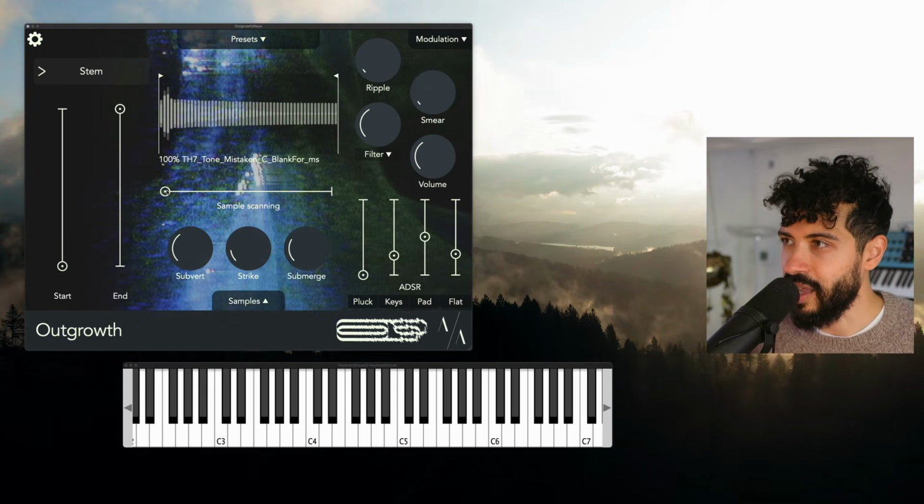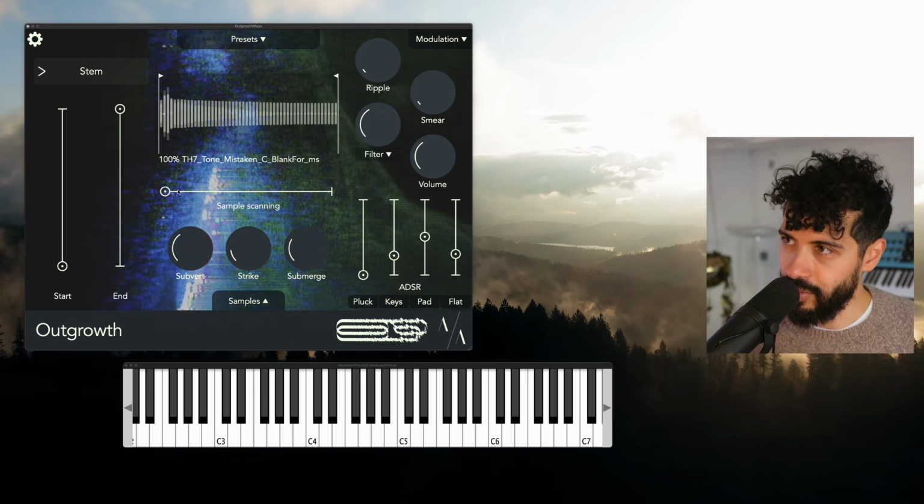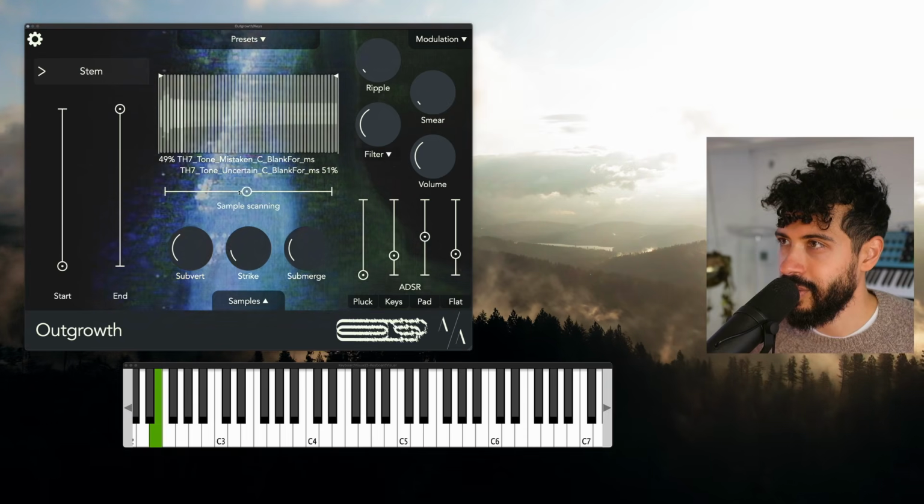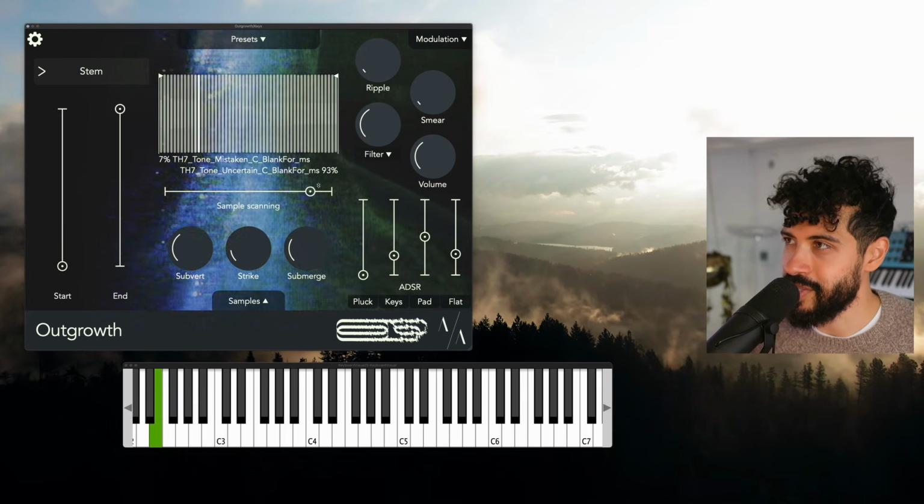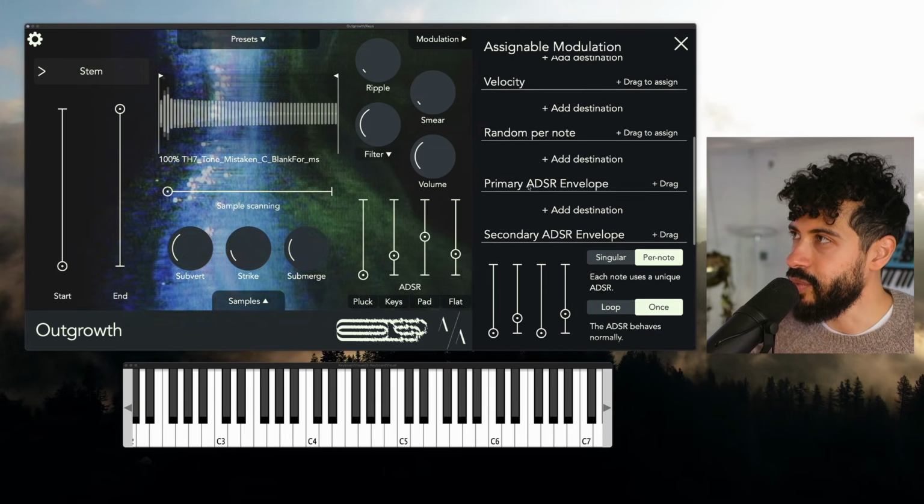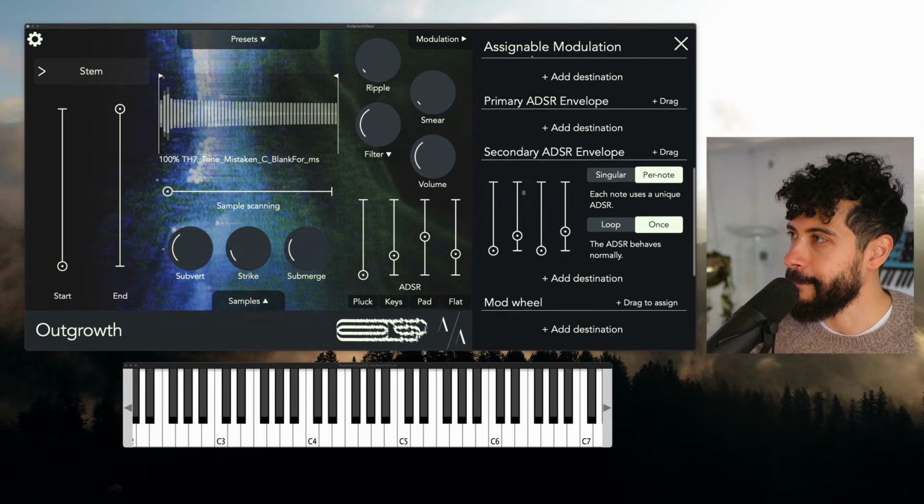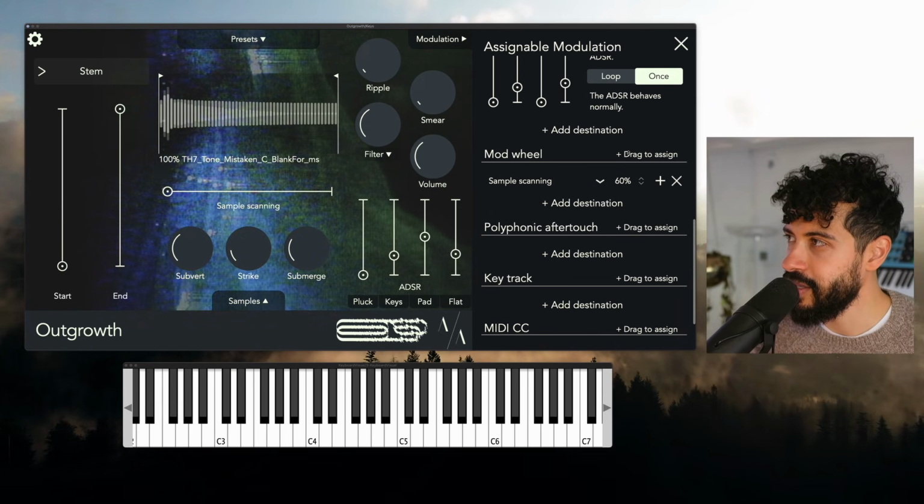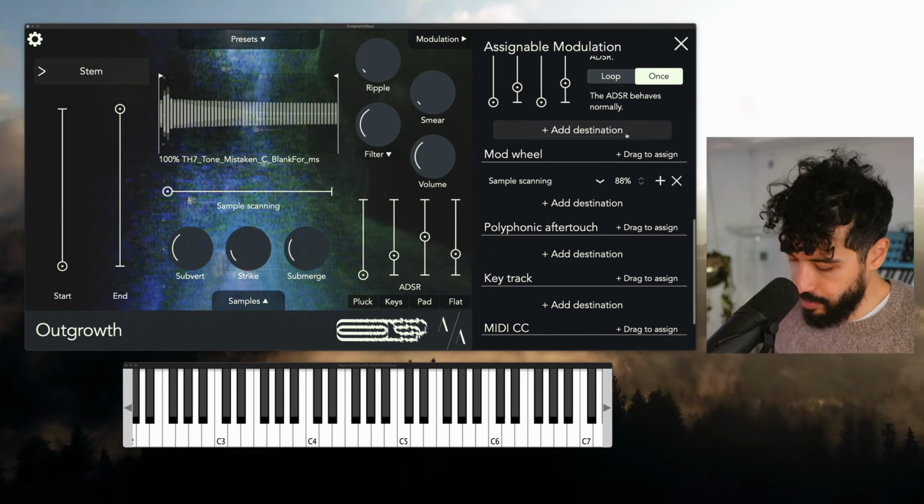Now you see we get this big scan in the middle of the UI. We can scan between these 2 samples, and so the mod wheel is really nice for that. So I'm going to assign the mod wheel to sample scanning. And then we can just